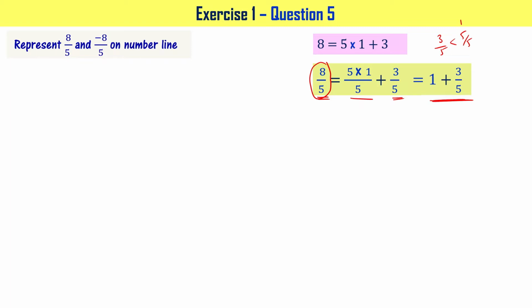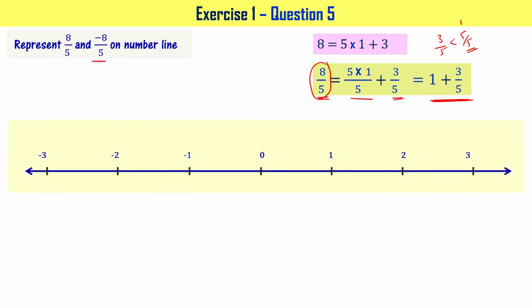The reason is that it is greater than 1 because this is 1 plus 3 by 5, right? Since 3 by 5 is less than 5 by 5, I can say that this is going to be less than 1 plus 1, that is equal to 2. So now the number line when you draw, you have to have 1 to 2 range, and since we want to even mark minus 8 by 5, we want to have minus 1 to minus 2 also on the number line. Let's draw the number line as shown here. The region of interest is from 1 to 2 and minus 1 to minus 2, right?